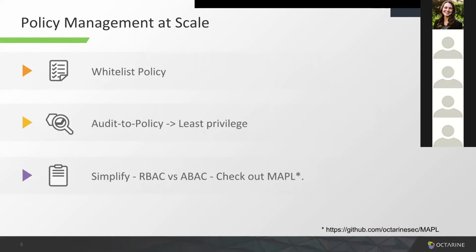The language that we use to define policy is also important. Many systems take the RBAC approach, role-based access control, which is very effective for setting access control for people, and they try to extend it to work for services. In RBAC, in addition to principals and actions, you have to manage a list of roles, where each role is a set of actions, and then you bind those roles to principals.